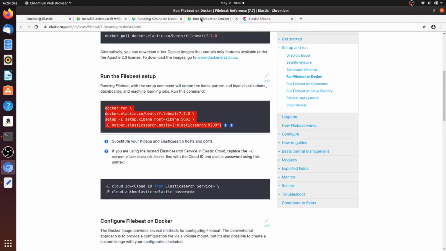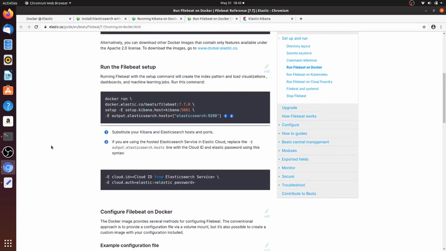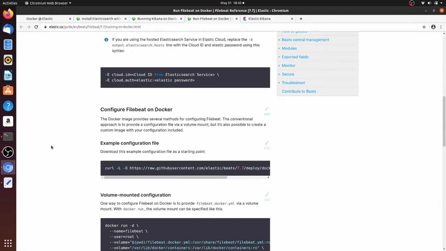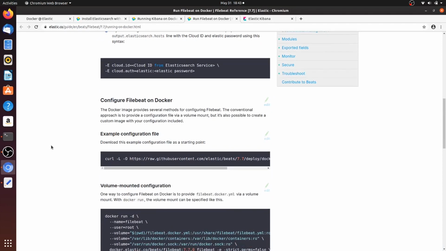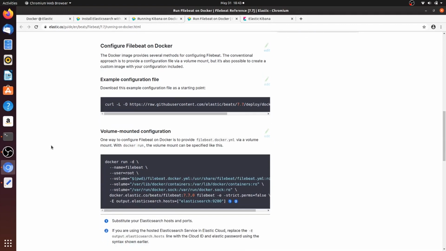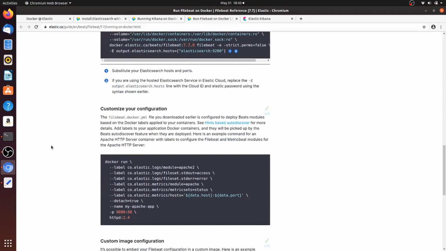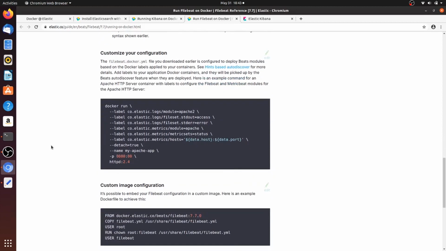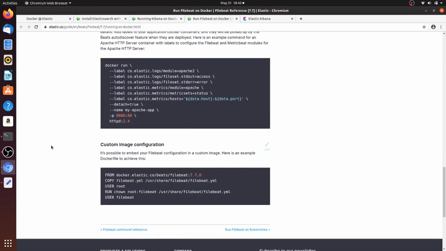I'm going to create Filebeat. So what is Filebeat? Filebeat will look for the files in our container, and then it will pull all the metrics from there, and then it will send it to Elasticsearch. So in Elasticsearch, an index will be created and it will keep all the metrics. Kibana will use the Elasticsearch index metrics, and then it will show the dashboard. So this is how it works.